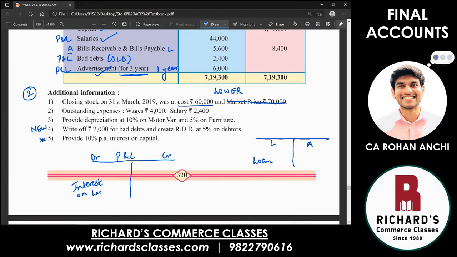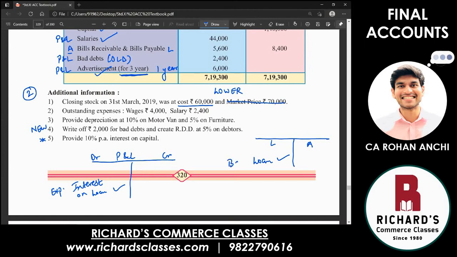So these are the adjustments relating to how a loan works. The liability, whatever loan you have taken, that is recorded here. And every month, whatever interest you pay will keep going to profit and loss account debit side. Interest on loan is an expenditure for the business. It does not come free of cost, this loan. So you pay interest on loan, writing on the P&L debit side. Reason being expenditure. Exactly the same is interest on capital.